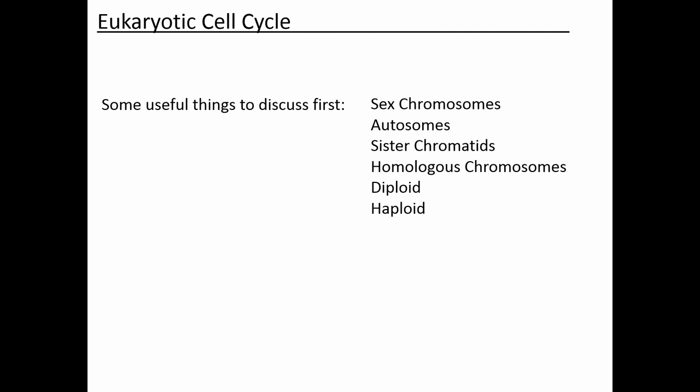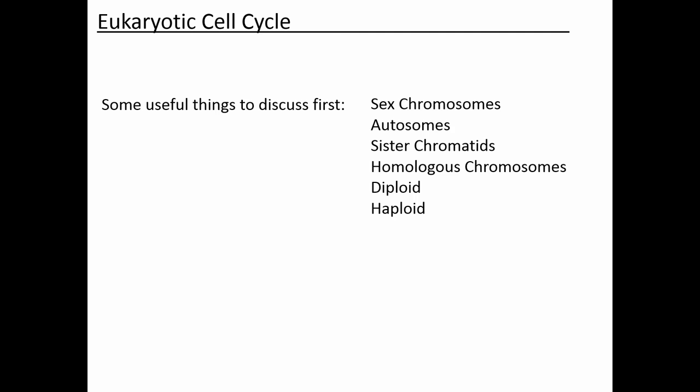So I previously told you that all the cells of your body, with the exception of your gametes, are diploid. Your gametes are haploid. So in sperm you have 23 chromosomes, and in eggs you have 23 chromosomes. The last 2 things we have to discuss are sister chromatids and homologous chromosomes, and we were kind of introduced to these in the labs that you did the last 2 weeks.